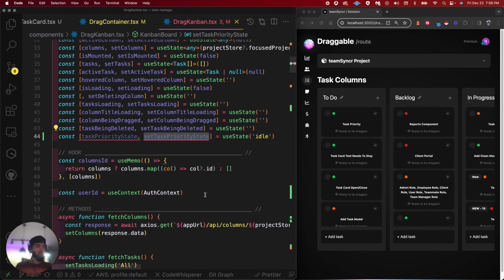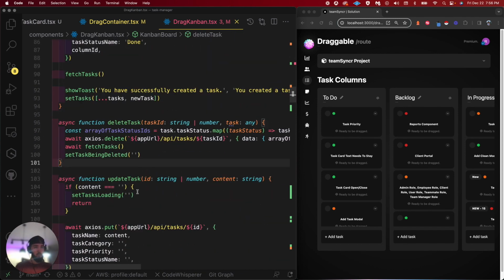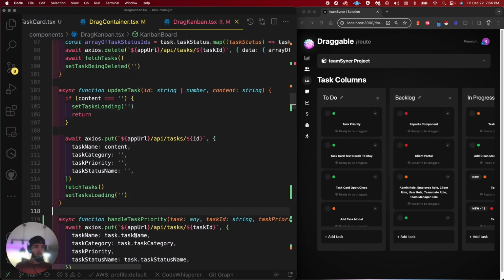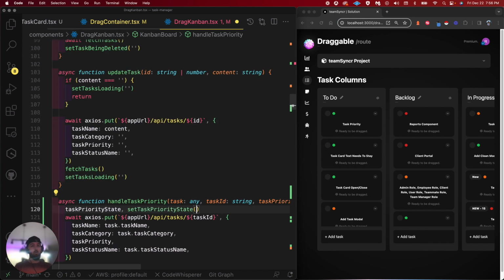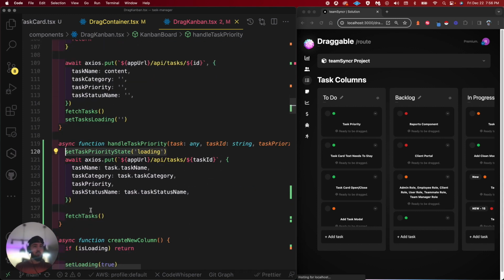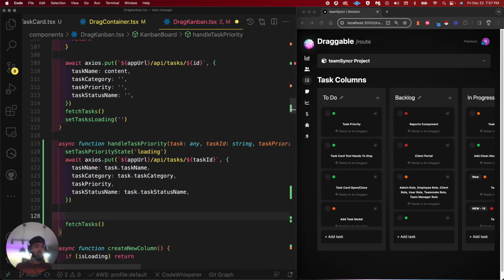and set task priority state. And when we update task priority, handle task priority, boom, here it is. We'll, oops, don't need both things. We just need to set task priority state to loading. So we'll use this as a bit of a string value to check out the tasks, and then we'll